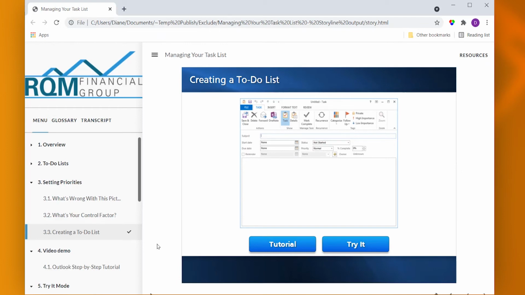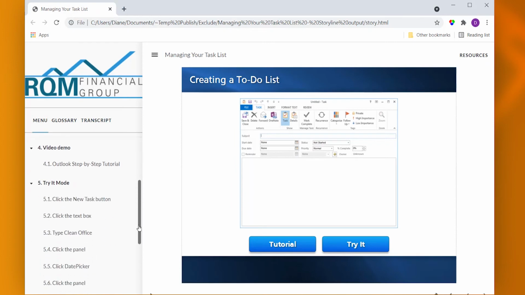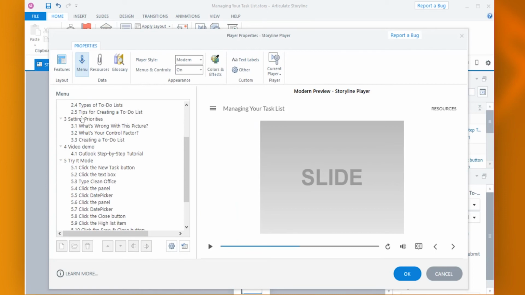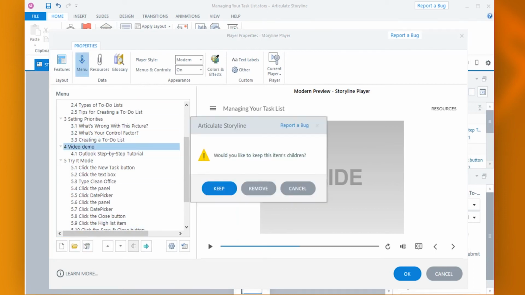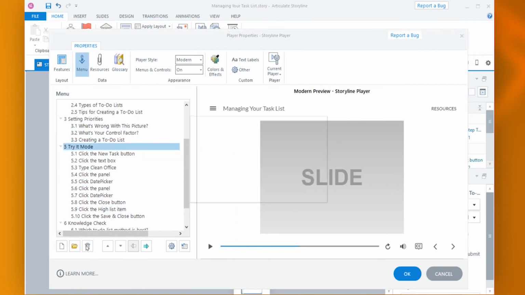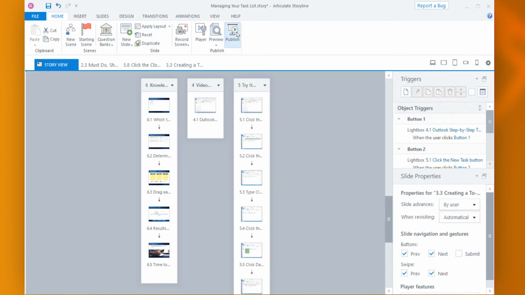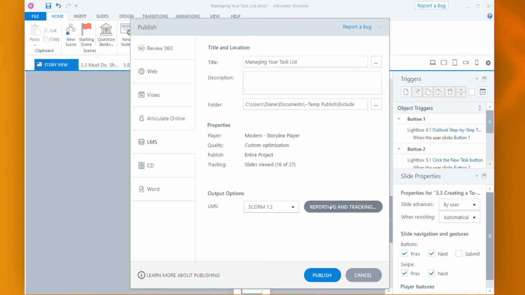Since this Outlook content comes up in a light box launched from slide 3.3, I don't really need the individual slides to be in the menu. In fact, it might even cause confusion. So I can go into the player dialog box and remove them from the menu. Then I go back to the Tracking tab